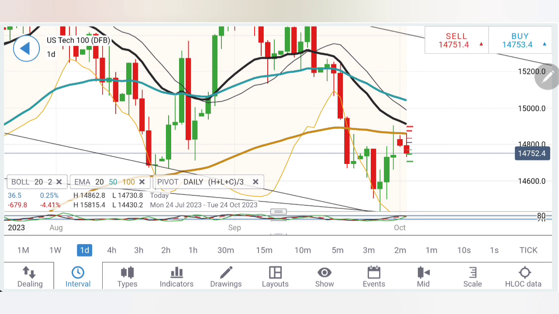Only and only if it breaks below 14,630, further bearishness towards 600 and below 600 levels. Remember, below 600 levels, every rise is an opportunity to sell. Yes, it could retest. However, below 600, do not think of buying Tech 100. You should always think of entering a sell position below 14,600. We are looking forward to 14,400. If not today, possibly any point of time this week, these levels will get achieved.